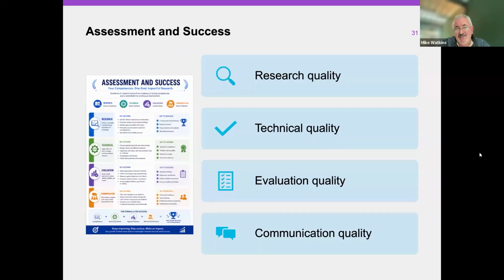So how do we get success? You have to do good research. You have to have good technical quality. You have to have good evaluation, and you have to have good communication skills. If you're not sure about research, the university has some phenomenal research support teams that will help you do that, plus your supervisor. In terms of technical quality, again, your supervisor, you can reach out to other members of staff